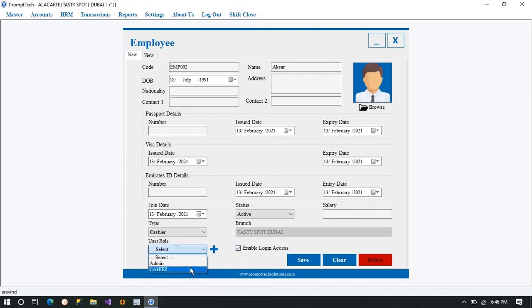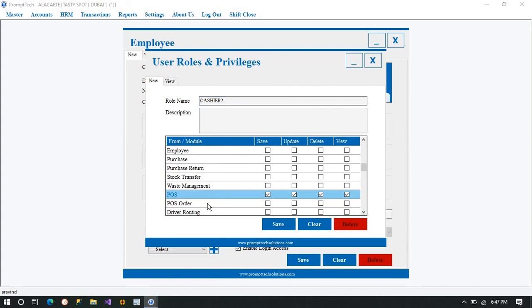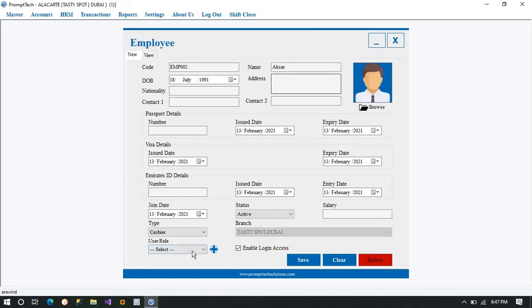For example, if you're a cashier, you can give them roles and privileges over here. If you keep the role name as cashier, you can give them the privileges. So your cashier has the privilege of taking accounts and a lot of other details, whichever you think is beneficial.